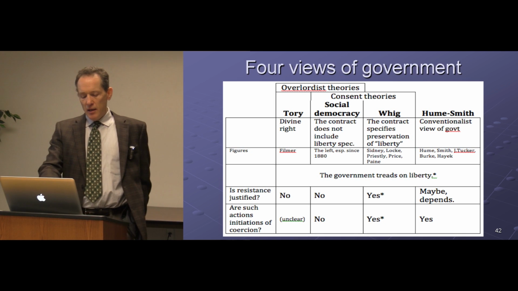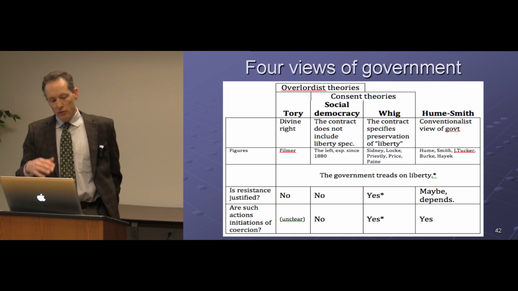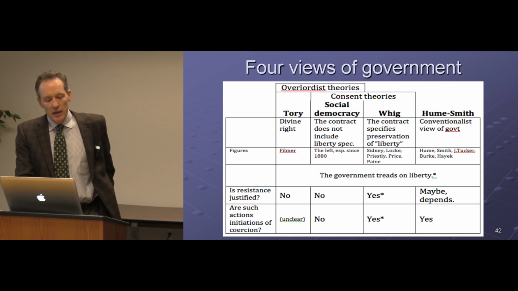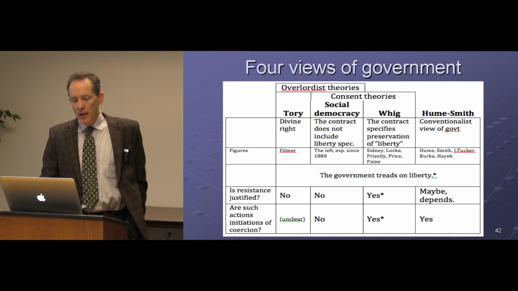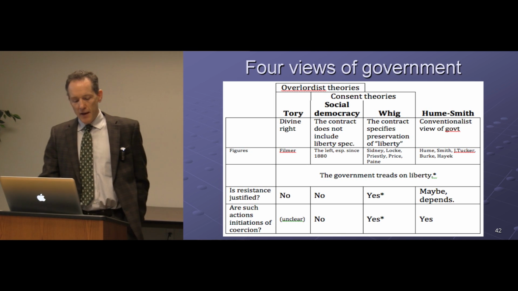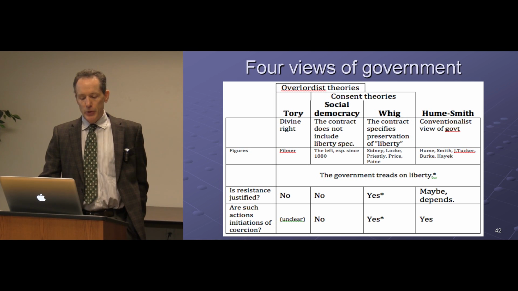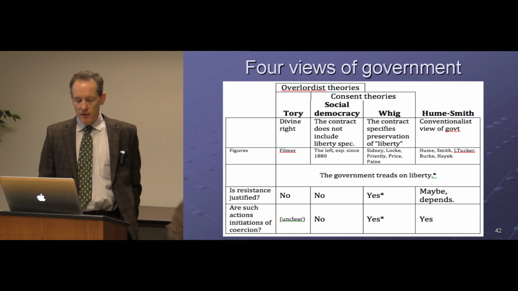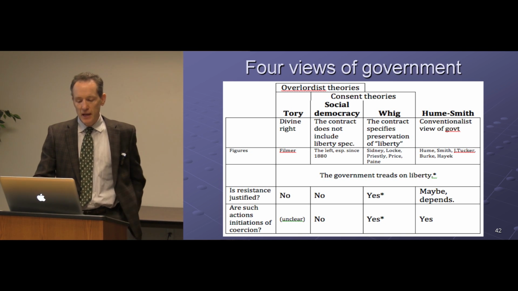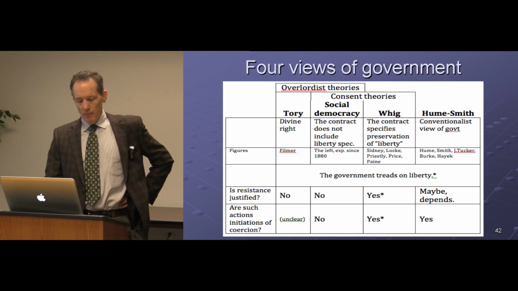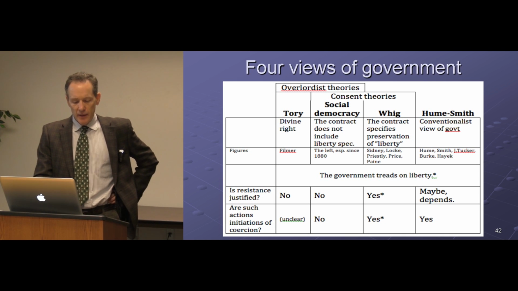But the Whigs, if it's a train of things that tread on overall liberty in their view, like, say, 20th century United States, they would say, yes, resistance is justified. As for Hume and Smith, they say maybe, depends. It's a different kind of call for them about whether or not you should actually rebel in any sort of violent or disorderly way. It all depends, and it's not really based on any of these notions of consent or even liberty, really. It's not directly dependent or determined by any such considerations.